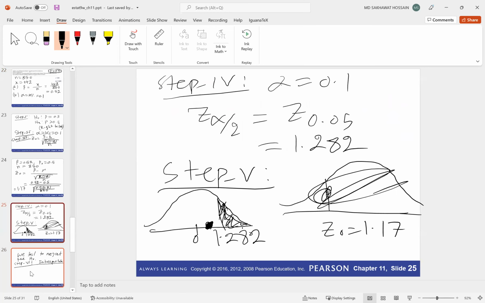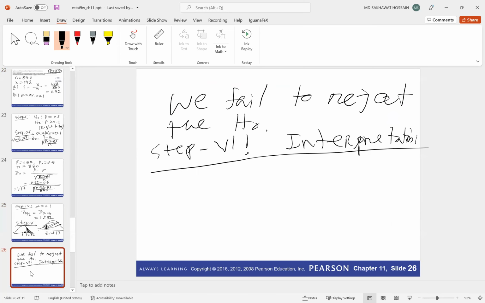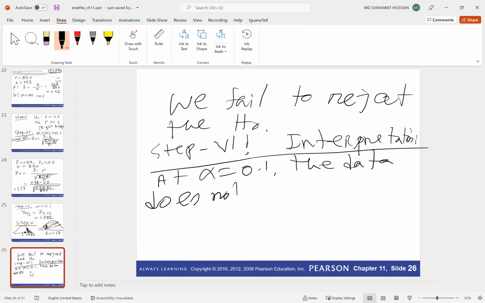Since we failed to reject the null, at alpha equals 0.1, the data doesn't provide sufficient